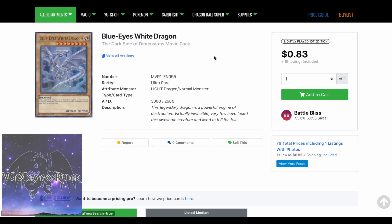So next up, this is my actual favorite art of this card. It's been printed 3 times. It's been printed in Dark-Side Dimensions, in the reprint Son of Dark-Side Dimensions, and in Gold Rare in Dark-Side Dimensions. There's also the Secret Gold Rare in Dark-Side Dimensions, which, oh man, we're gonna get to it, but like